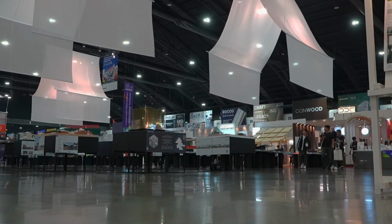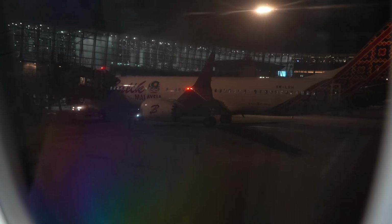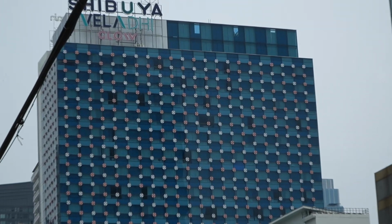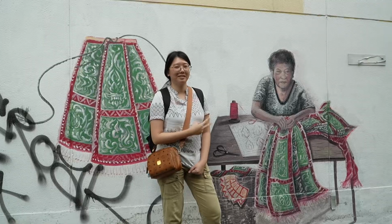A few weeks ago, I planned to attend the ATECH 25 Expo in Bangkok. Since I have not been here for years, I figured why not take some time to explore Bangkok's architectural development and its regional traditional and contemporary facade design. So for these special episodes of Facade Duckies, I'll be showcasing some facades that I've encountered during my stay in